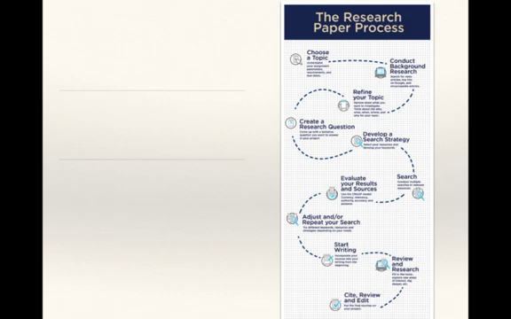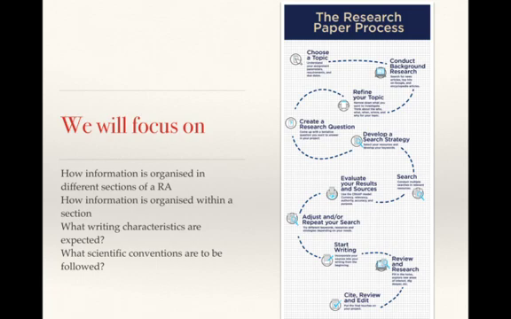The research paper process is very complicated, as you know, and it involves choosing the right topic, doing your background research, refining your topic, creating a research question. And after you experiment and you collect data, you can basically start writing later on, as you can see at the bottom, review and research and cite, edit and proofread your